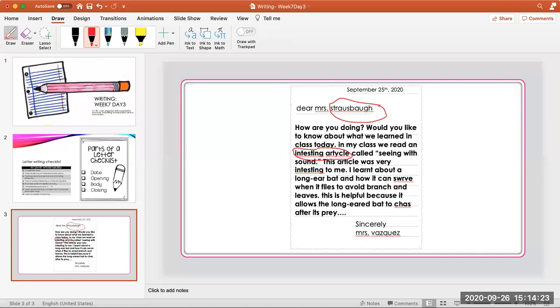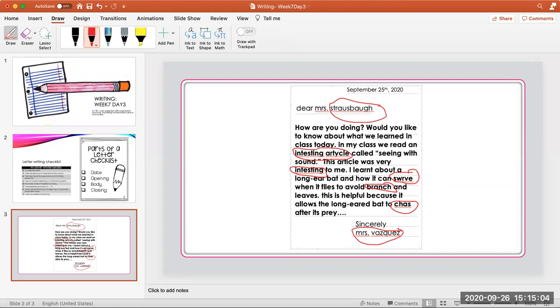Seeing with sound. This article is very interesting. Oh, there's that interesting word again. I just don't know if it's spelled right. Long-eared bat and how it can swerve. Oh, I did not remember how to spell swerve. When it flies to avoid branch and leaves. That doesn't sound right. I'm going to circle that one too because I'm going to come back to it tomorrow, but I don't think that's right. And leaves. This is helpful because it allows long-eared bats to chase. I know I messed that word up. After its prey. Sincerely, Mrs. Vasquez. Oh, I think I did something wrong there. Okay, I'm just going to circle that, and tomorrow when I fix it,